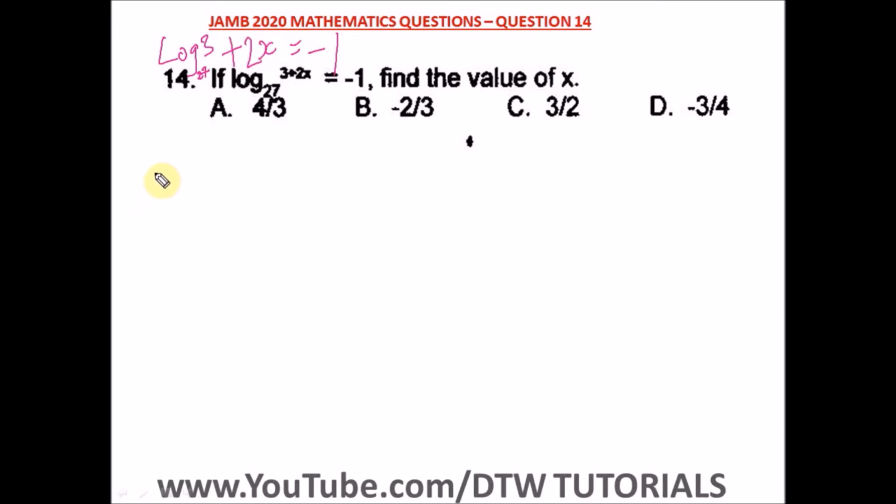So solving for this, we have log 3 base 27 plus 2x equals minus 1. Collecting like terms, we have log 3 base 27 equals minus 1 minus 2x. So you will come to this. I want us to recall, when we are dealing with exponentials,